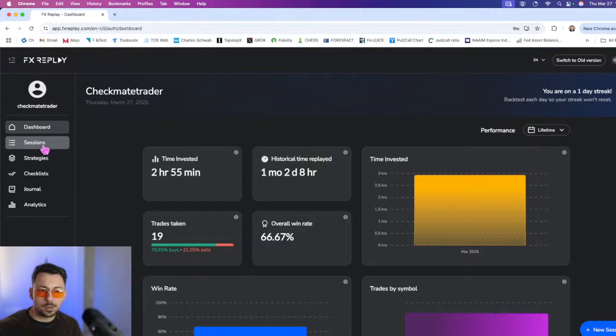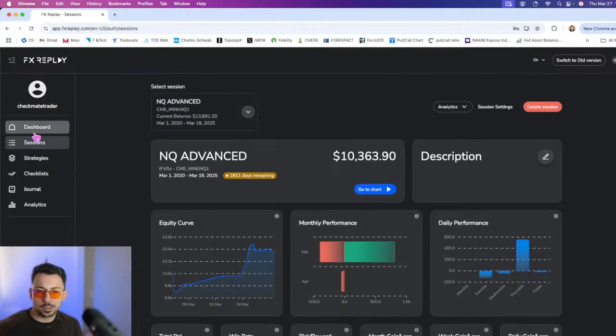So when you go into FX Replay, again, guys, bear with me because I haven't used the new version of FX Replay. This is the second time I'm using it. But I believe you go to Sessions. I guess we can start a new session. Actually, I guess we can just continue with this so it's easier. Right now, it's trading. I just clicked random dates in the last 5 years. So March 1st through March 19th is the current session. And we ran this up from a 10,000 to 10,300.